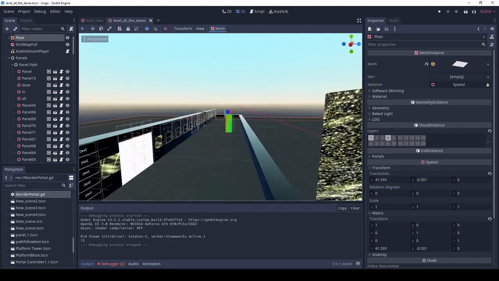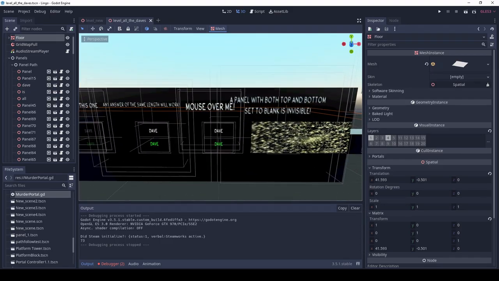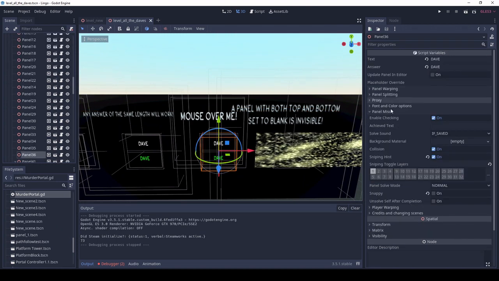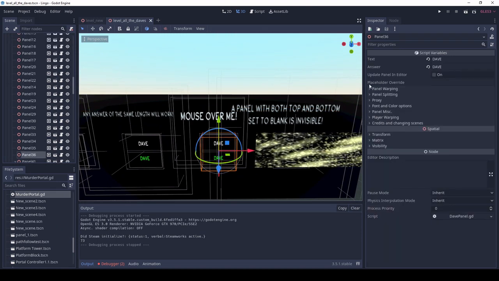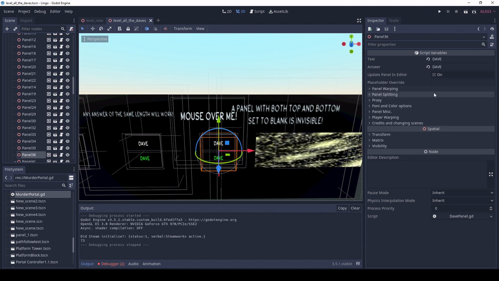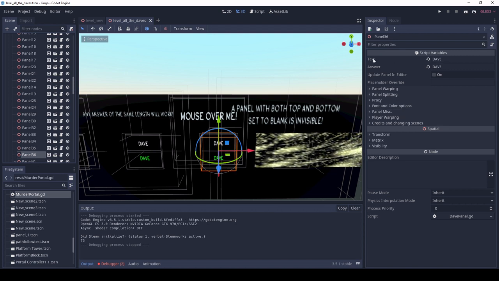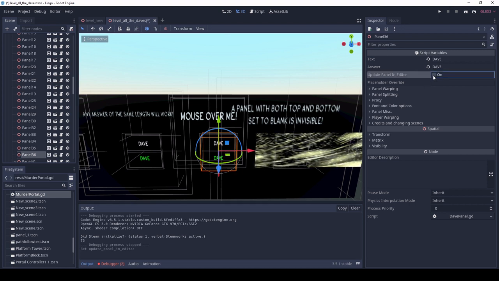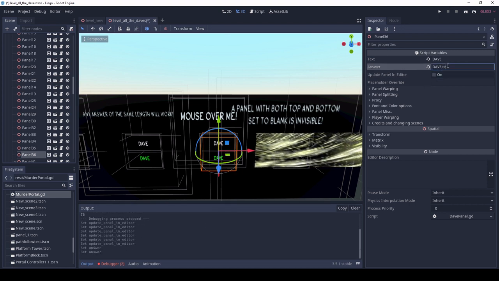So let's go to one of these panels, and I'll walk you over all the options, which are now in a handy-dandy little collapsibles list here, because otherwise it's overwhelming. So these are all default text answer, update. Oh, update panel in editor is actually routine. It should unclick itself when you run it. And basically,